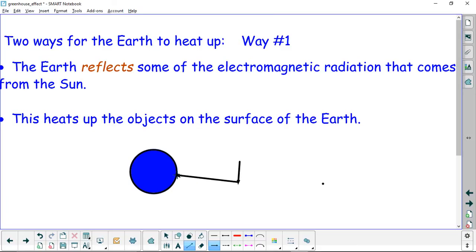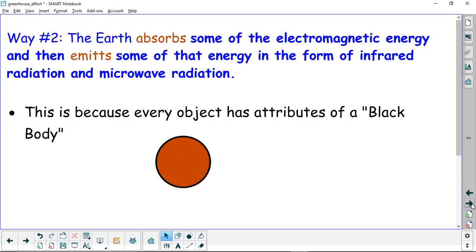and bounces off like that. This arrow didn't need to be there. And that reflection causes objects on the Earth's surface to heat up. That is the first way we have an increase in temperature on our planet. But the second way is the most important way when we're talking about greenhouse gases and we're talking about the greenhouse effect. Way number two is that the Earth absorbs some of this electromagnetic energy that comes from the sun